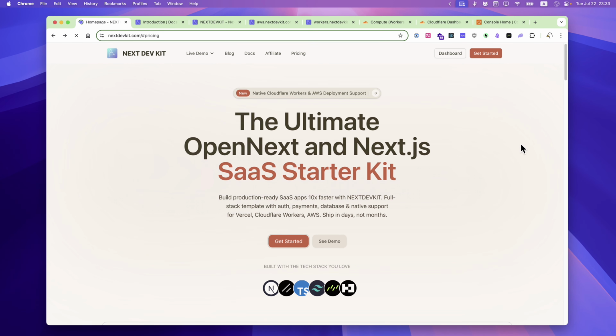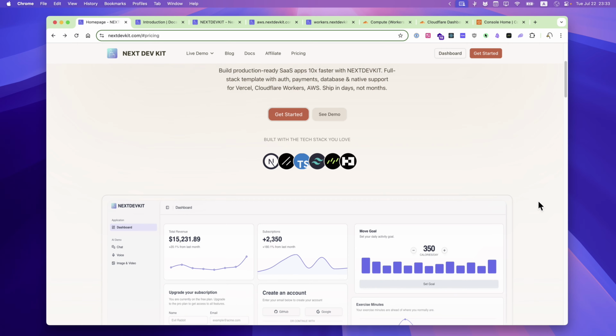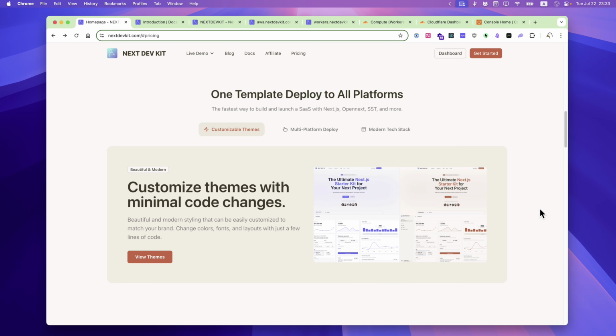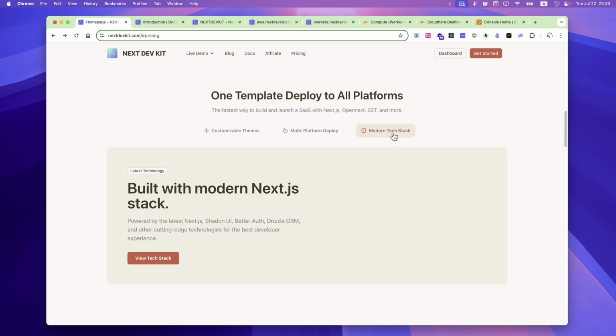NextDevKit is a SaaS starter template built with Next.js or OpenNext, seamlessly integrating essential features like database, authentication, payment processing, email, object storage, and a blog documentation system right out of the box. It boasts a modern landing page designed to showcase your features,